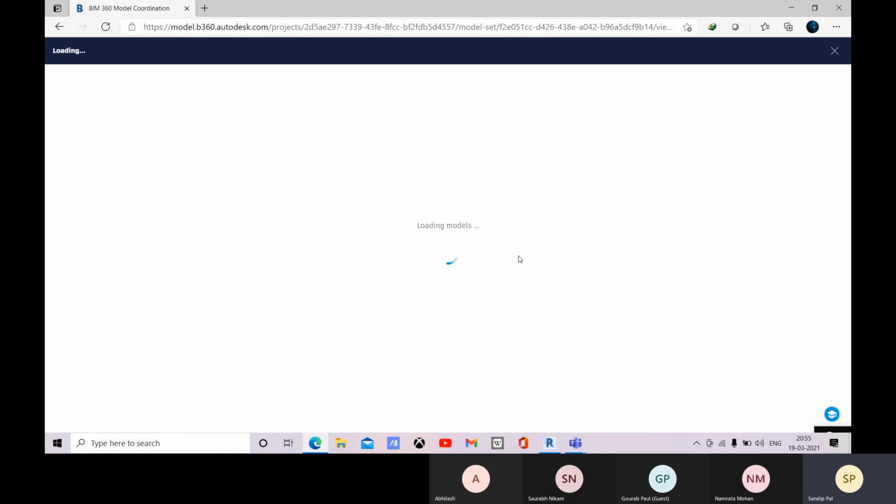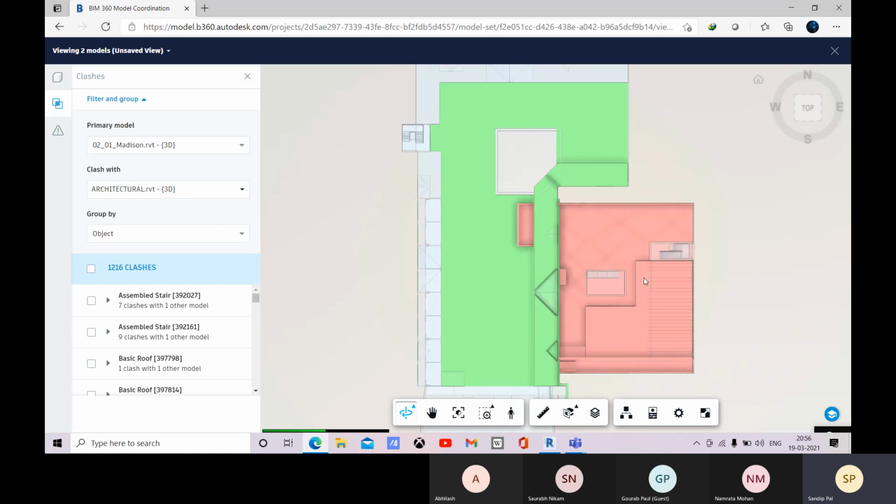So just wait for it. Yeah, so here you can see, right, and here you can filter and group these things.